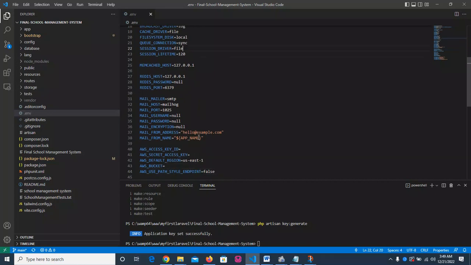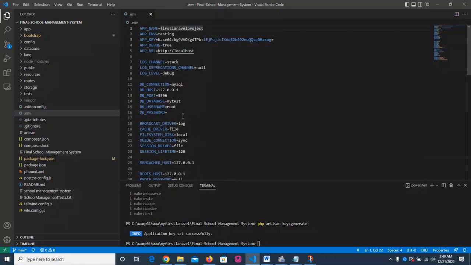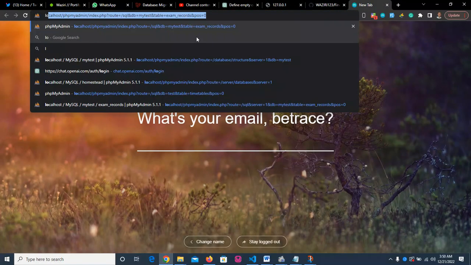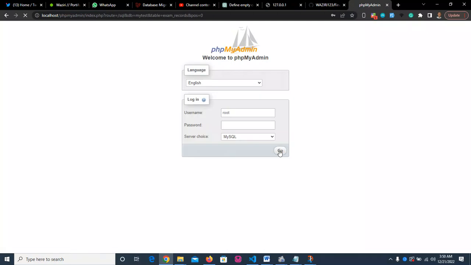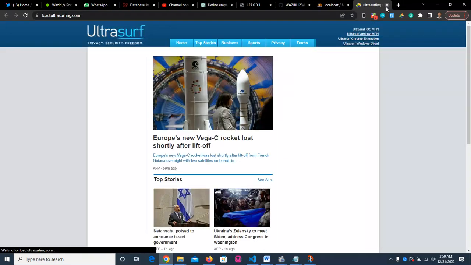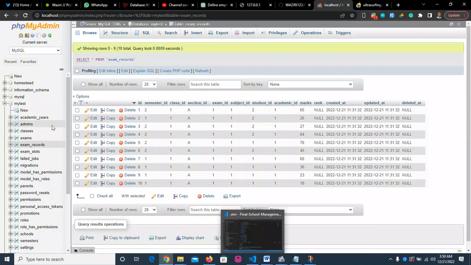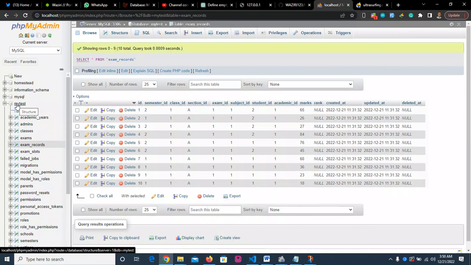So we have to set our database. For me here, I will use just my test database because I have already created this kind of database in my phpMyAdmin here. Here it is, my test. So you also have to create this database in your database manager, either phpMyAdmin or